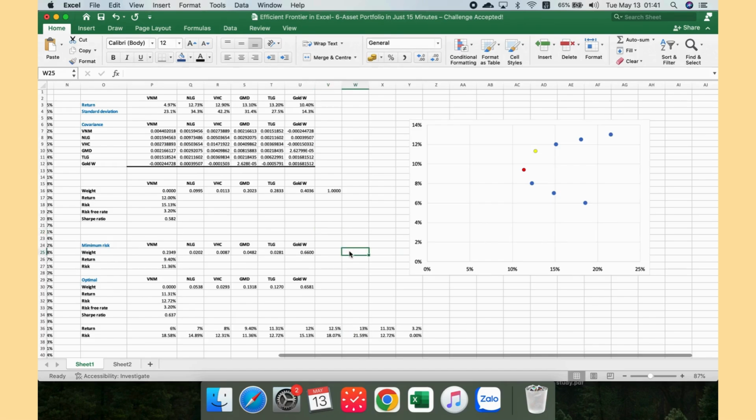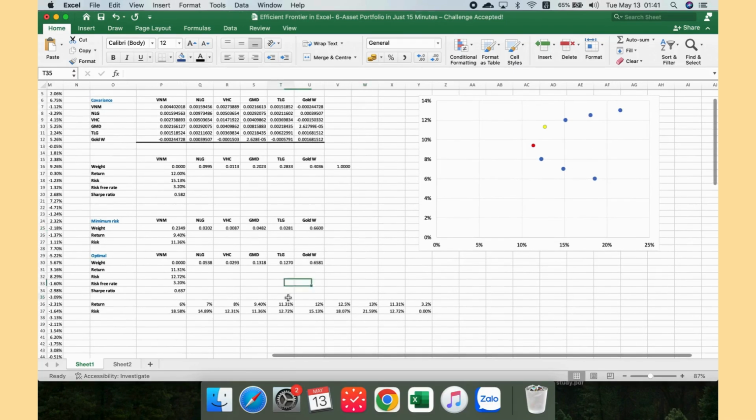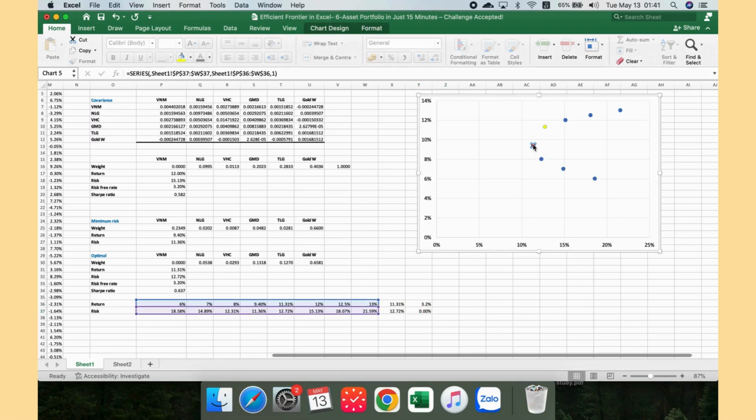So, well, after that, we can draw the capital allocation line. The capital allocation line is a line between the optimal portfolio and the risk-free rate. So I copy the optimal portfolio here, and I also input the risk-free rate point. The return is 3.2, and the risk is 0. And then